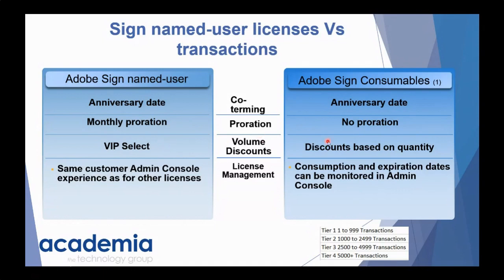For transactions, though, it's all based on how many you're buying at that given time. So to give you an example, if you bought 2,000 transactions at any stage, you will be looking at tier 2 pricing. You're in the 1,000 to 2,500 bracket. And then I look to buy another 600 licenses. So my total amount of transactions would be 2,600. But because that second transaction that I'm making is only for 600, it actually goes back to tier 1. So if the licenses aren't accumulating, you're not able to benefit from economies of scale